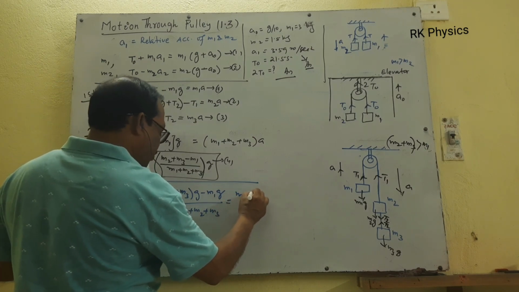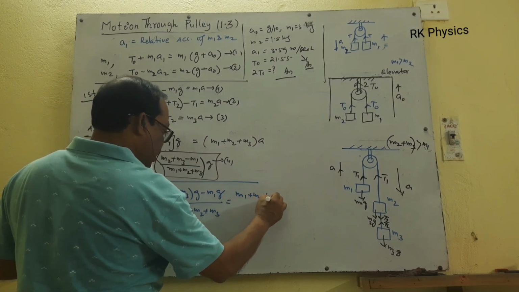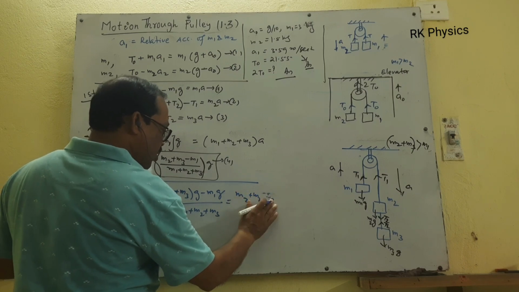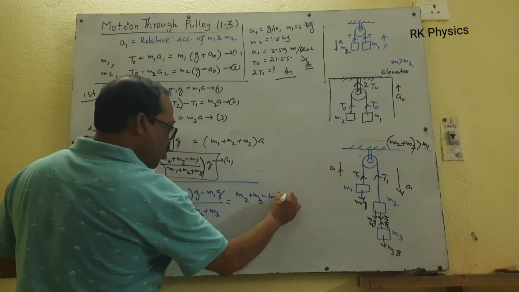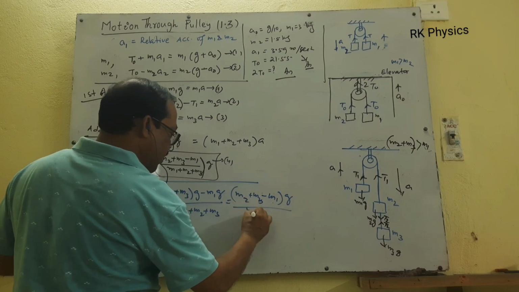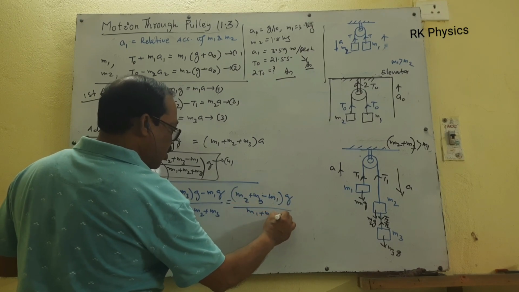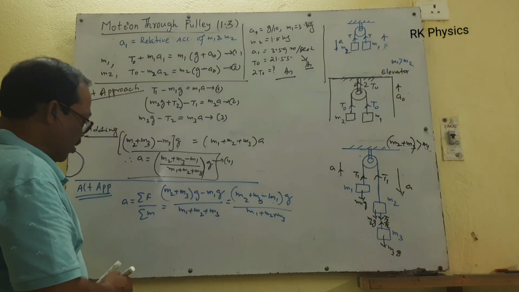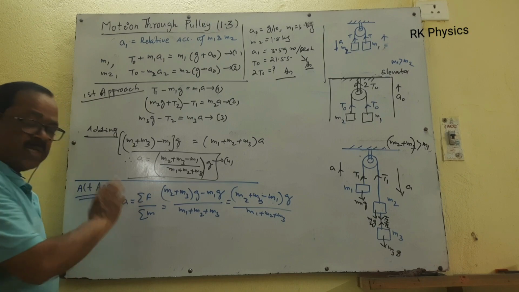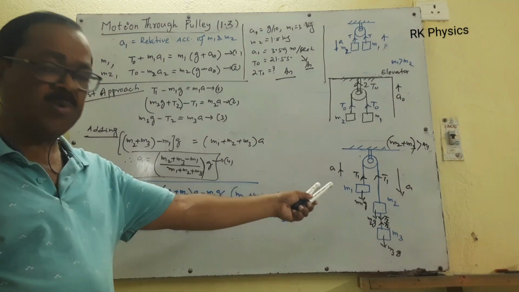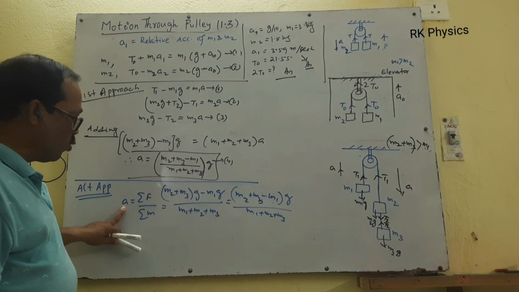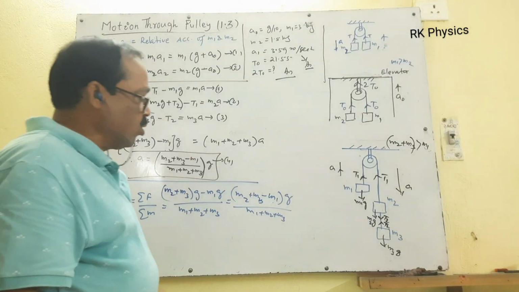Sorry, (M2 plus M3 minus M1) whole into g divided by (M1 plus M2 plus M3). This is your system. If you find A by this technique, A equal to net external force acting on the system divided by total mass of the system, then